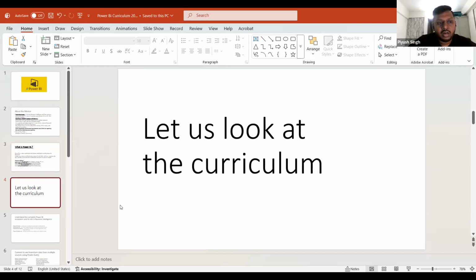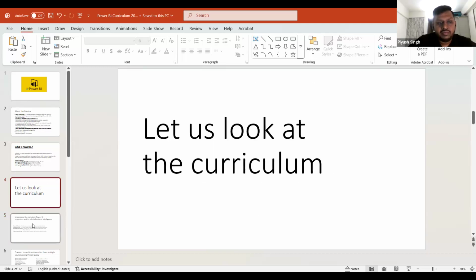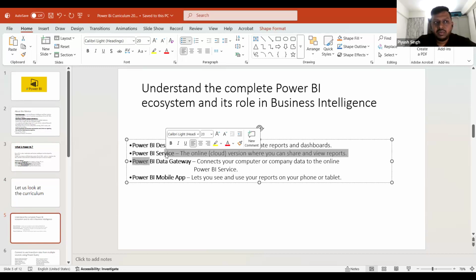A preference of how you will start learning things, right? That is simply what is curriculum. We'll start with Power BI. We will start with Power Query. So we'll start with the Power Query, then we'll go to the modeling part, then the visualization part, and when we're doing the modeling part, we'll be doing the DAX part as well, right?